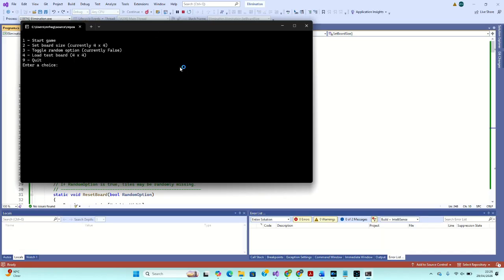So I have the option to set the board size. Now I can specify anything for that width. I can specify 100 or 0 or even -1. So I'm going to set it to 0, and I'm going to set the height to -1. I can't imagine anybody doing that really, but nevertheless, you can do it. Okay, so if I now try and start the game,